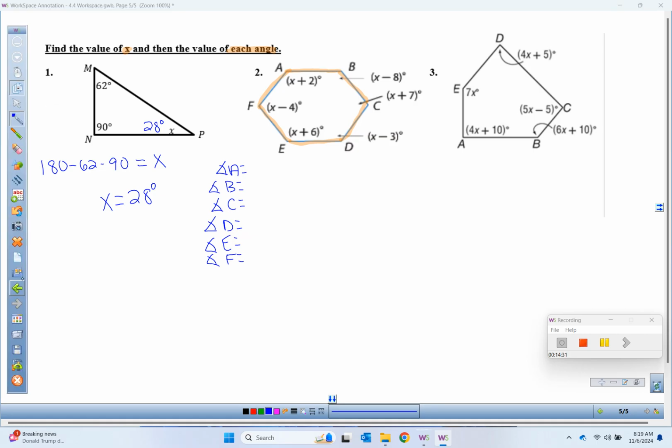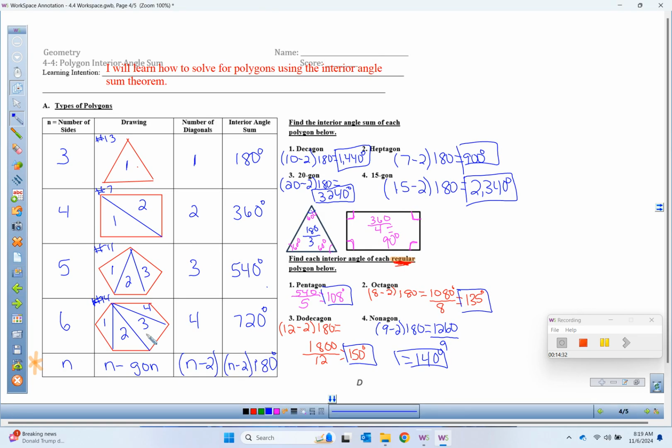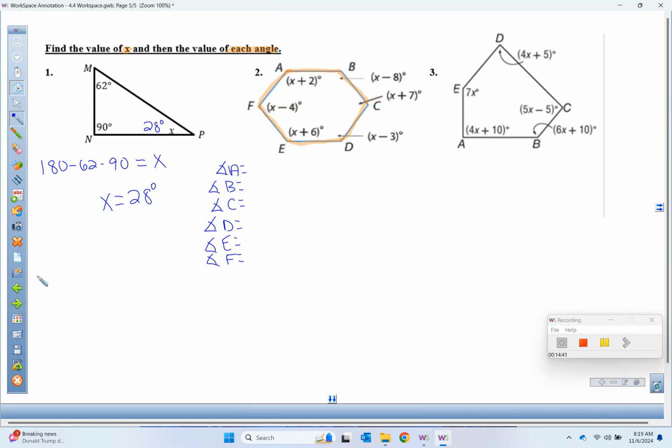So if we go back, we see the formula here, or we have it on our chart. So a 6-sided polygon, the interior angle sum is 720 degrees. So we know that the whole inside of this, all of these angles added up together will equal 720 degrees. So if we add all these together,